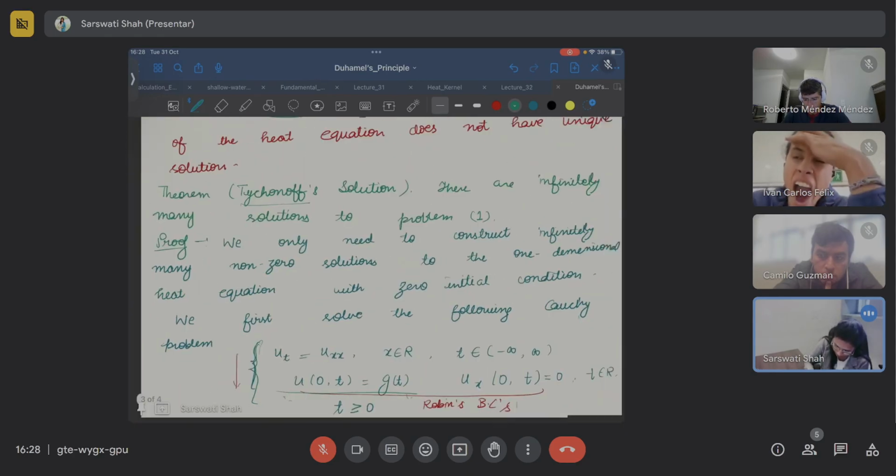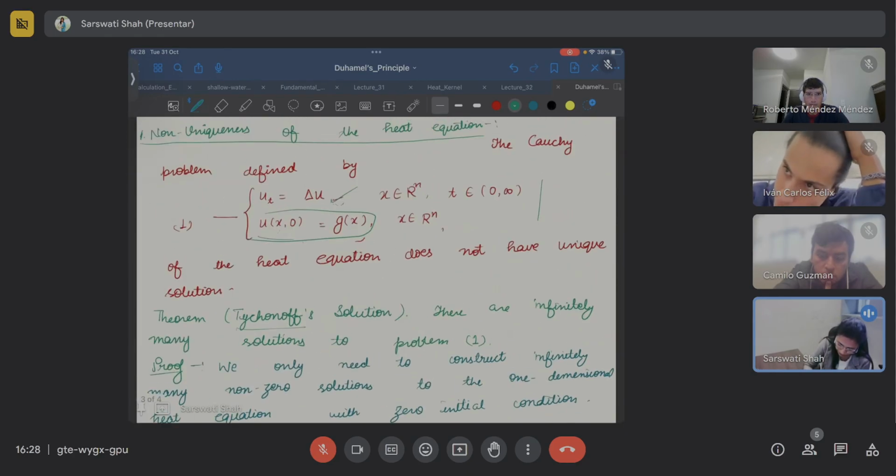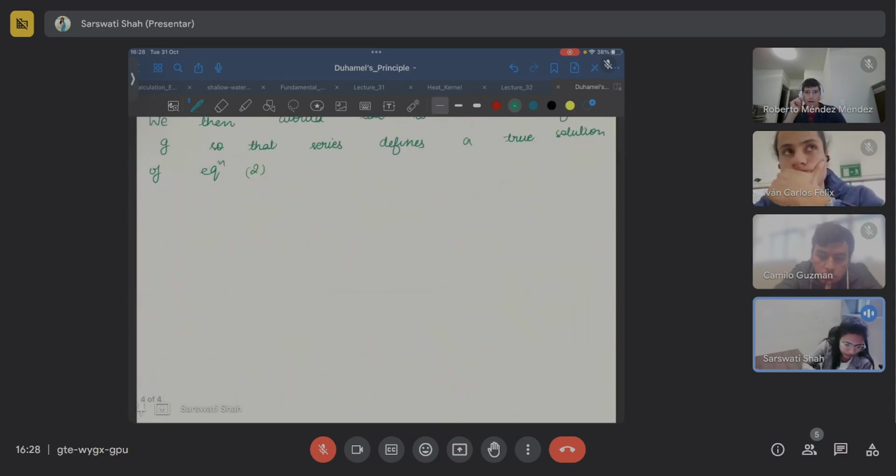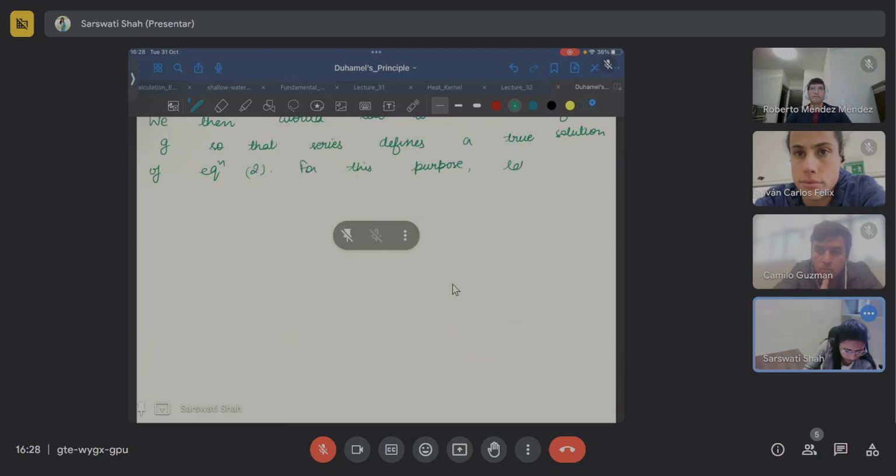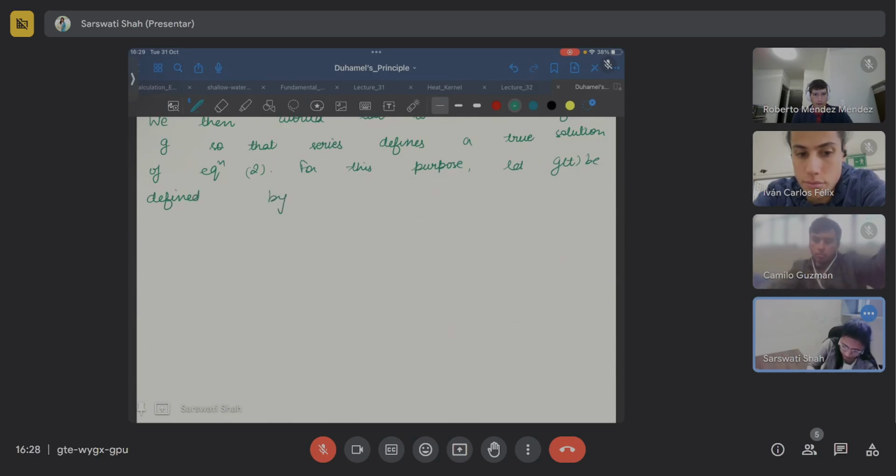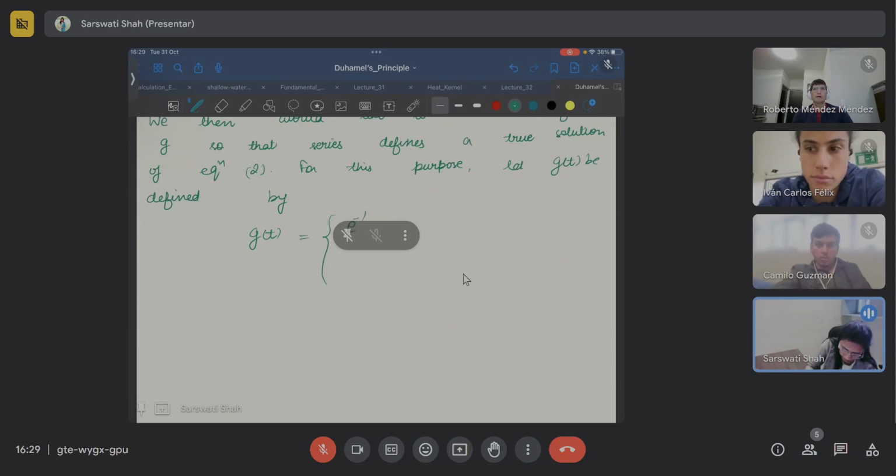This was your equation number first, and this was equation second. Let g(t) be defined by g(t) equals e to the power minus t to the power minus alpha,